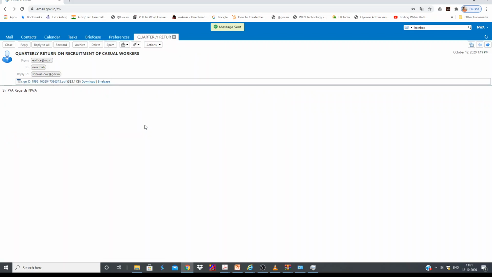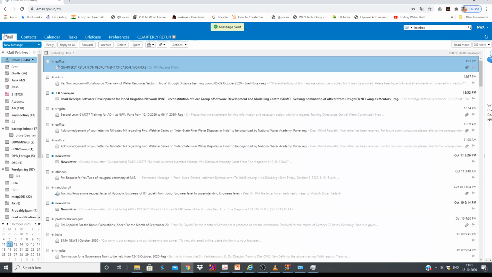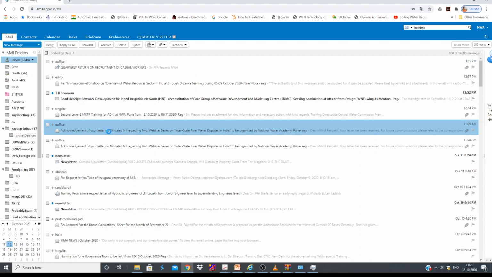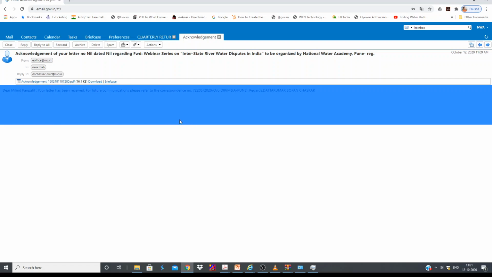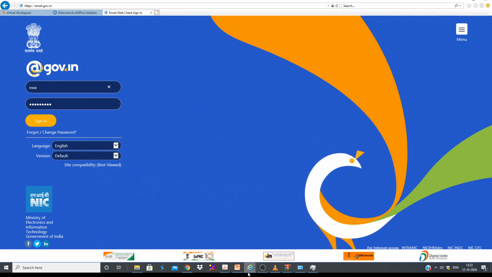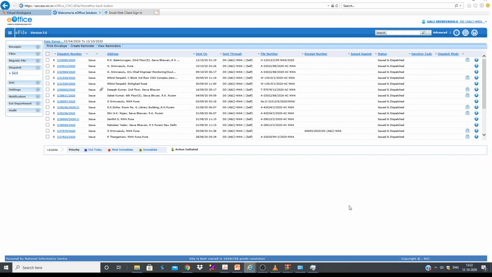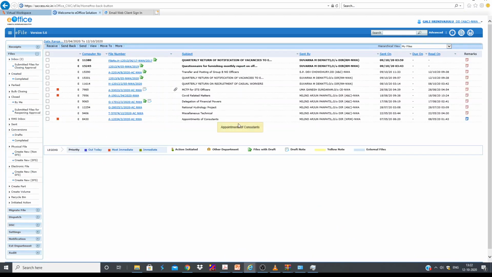This is just our own letter. Generally we may receive letters like this. Now we don't have any such letter here. Yeah, there is one acknowledgement here. Acknowledgements are not required to diarize. If you want to diarize, again just send it to the concerned person's official email ID, and from there you can auto diarize it. So this is all about using DSC, and of course we can sign the remaining files.